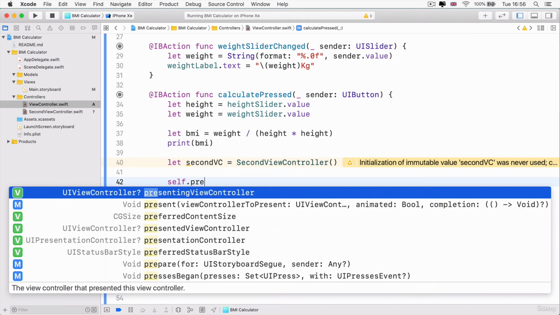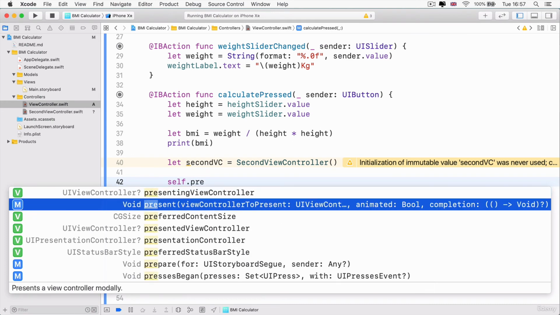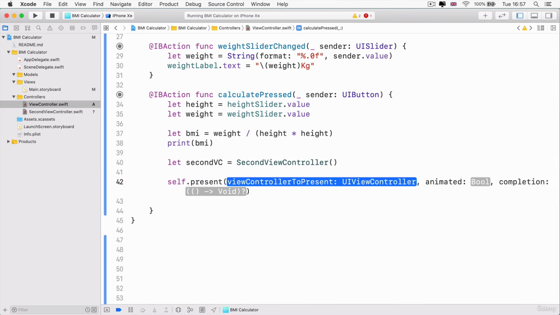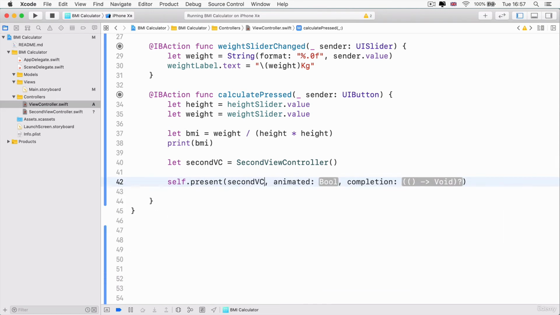So if it's able to present a view controller, then I can show my secondVC. So I'm going to set it to present, animated as true, so have a little animation when that transition happens, and completion is going to be equal to nil. So once the animation and presentation is done, I don't want it to do anything else. So now if I run my app,